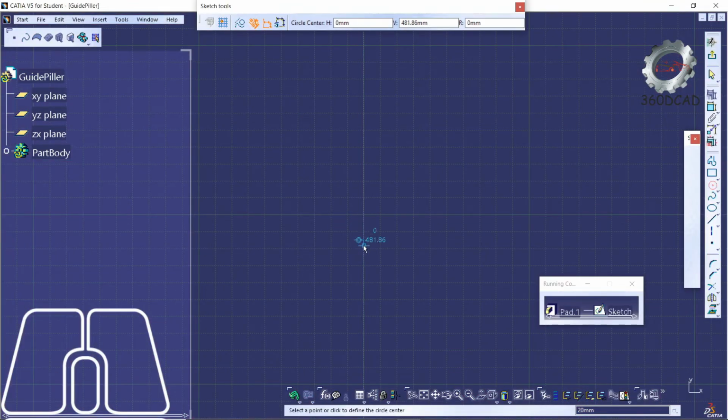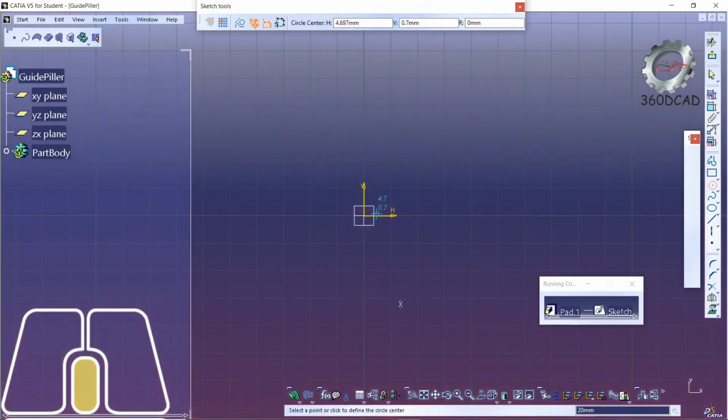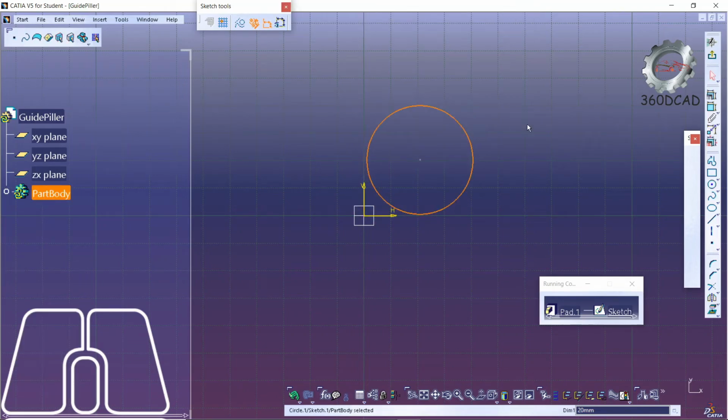So in XY plane again I am going to draw a circle, so I will fit the view, zoom it properly and draw a circle. Okay, I will draw it outside.